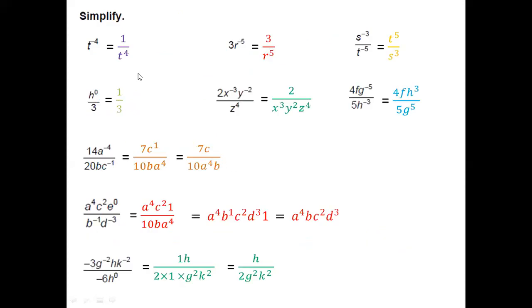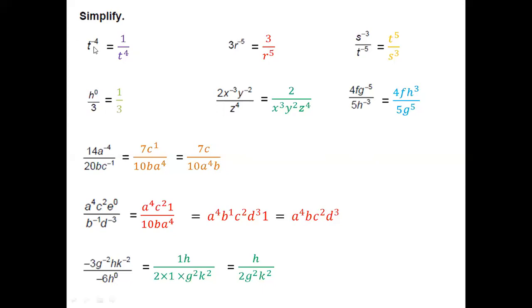Now here they did not give any value for the variables. They only told you to simplify. In such cases, what do you do? You just try your best to make them as small as possible. That's all. Comparatively for me, substituting the values is harder, but these are super easy. Why is that? We have learned the rule already. If the negative exponent is up, bring it down and make it positive. If the negative exponent is down, take it up and make it positive. Simple. Follow this rule. It's easy.